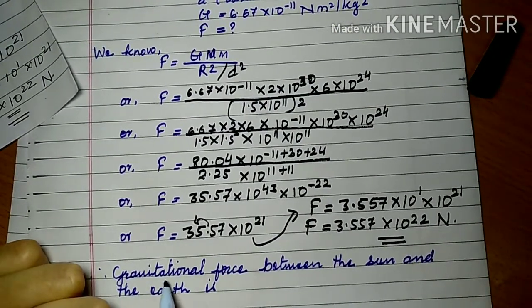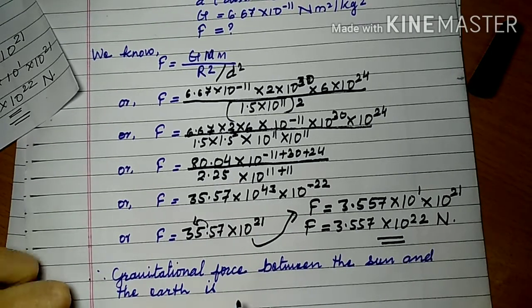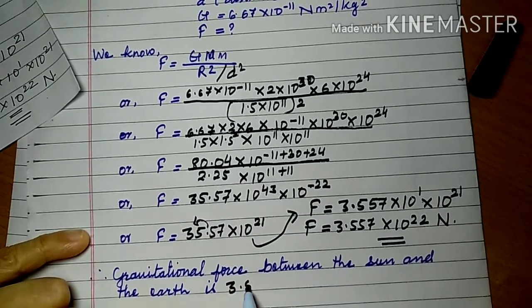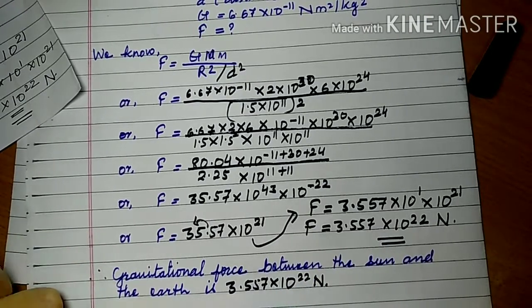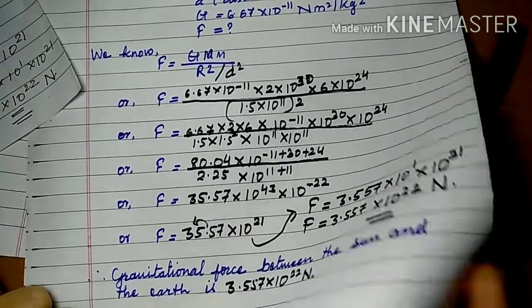So your answer is gravitational force between the sun and the earth is 3.557 into 10 to the power 22 Newton. This is question number 6. Now we are going to